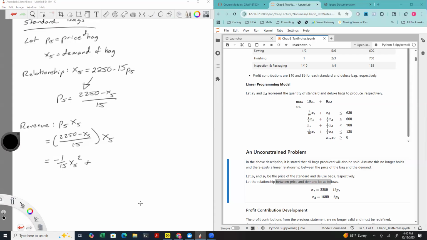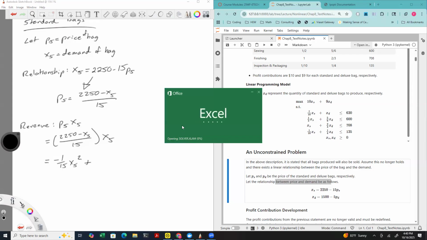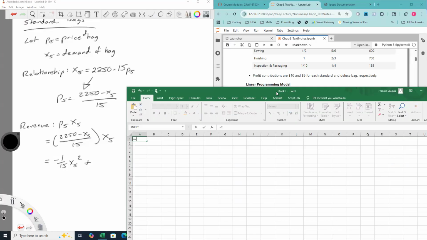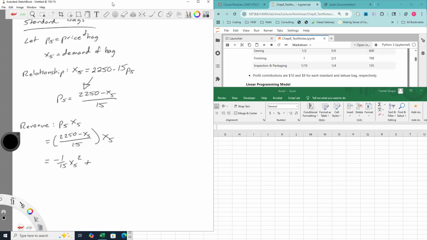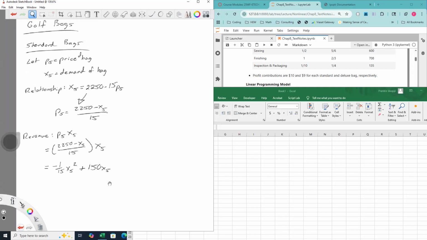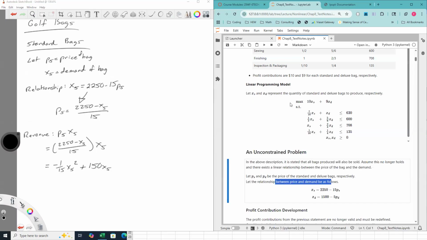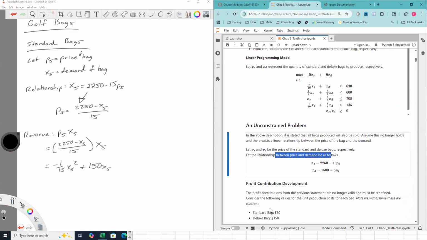I don't have that off the top of my head. We'll go to Excel here just to do a little arithmetic. 2250 over 15 is what I'm looking for. $150 times x sub s. All right, so what does this tell me? This is the revenue contribution for P sub s, or excuse me, for the standard bags. Well, I could also figure out the cost, right? The cost of these standard bags would include this down here, right? The $70. So if I wanted to do that, I would just say, okay, the cost here is going to be the $70 times,